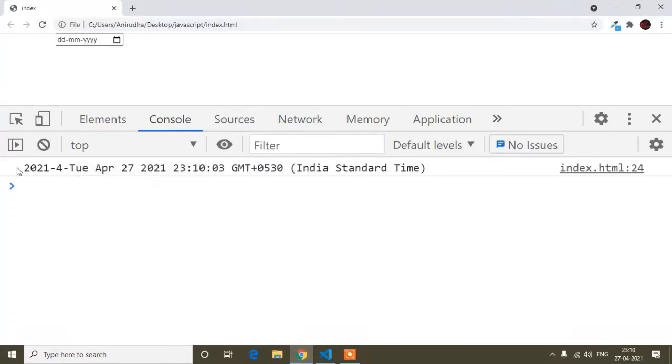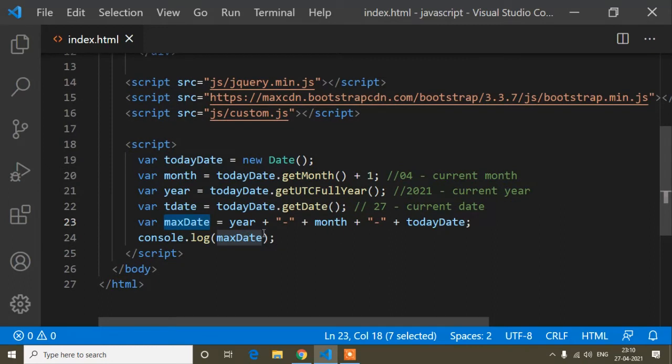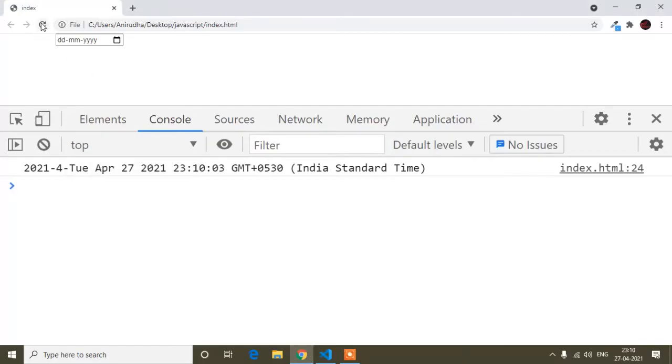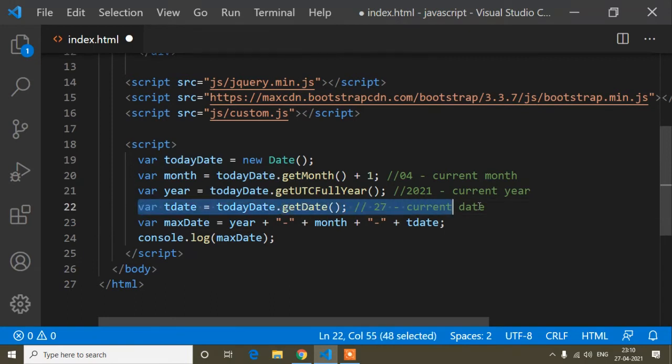Sorry, it will be this variable, because inside this t date variable I have set the current date.